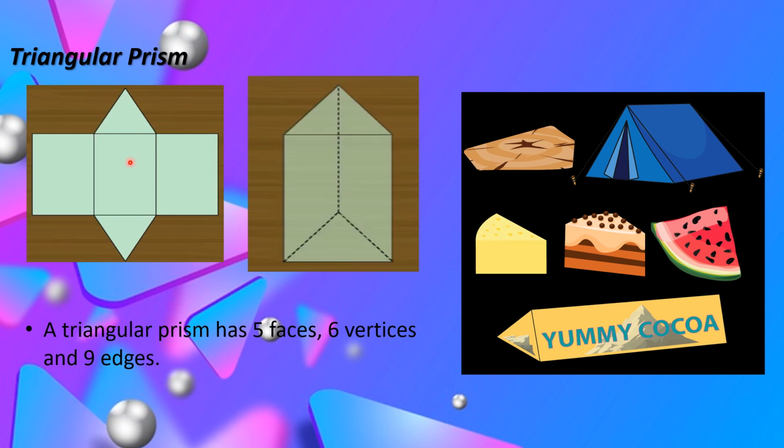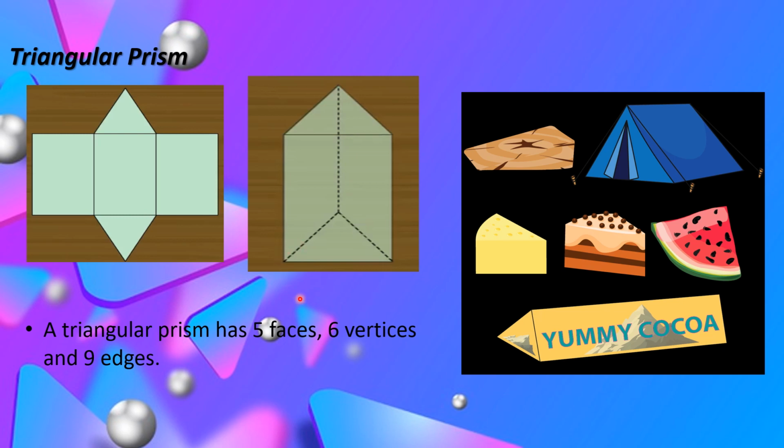See, this is the base and these are the two ends which are rectangular in shape, but the bottom and upper portion is triangular in shape. So these two are triangular and the rest three are rectangular in shape. Similar to your pastries, watermelon when you cut in this shape, or the chocolate which you get. See, all these are almost triangular in shape. Since it is 3D, it's called a triangular prism.